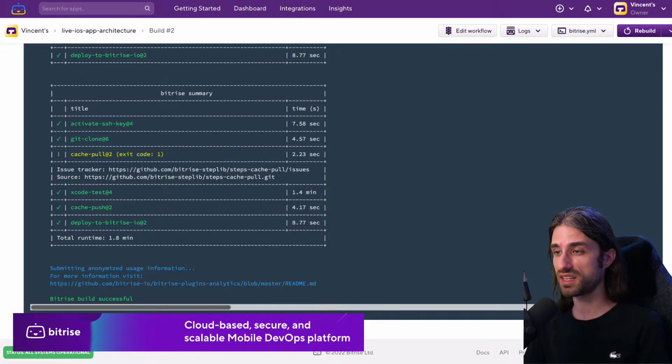Knowing how to use a CI/CD tool is a valuable skill, and having even a limited experience, having at least tried one, can be useful. And you can get that small experience with a free account on Bitrise.